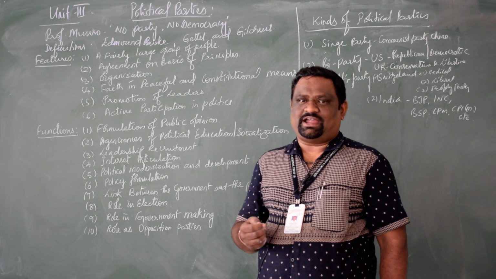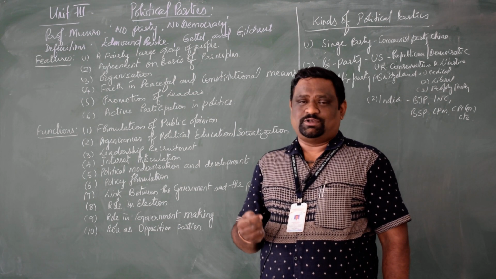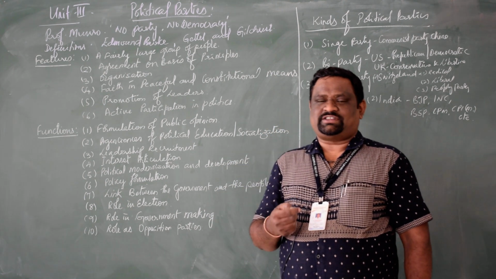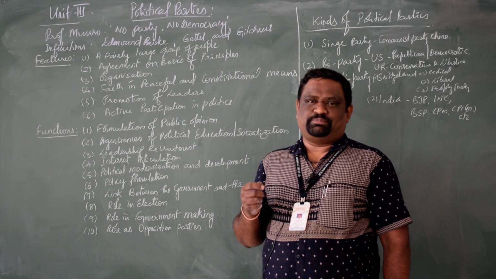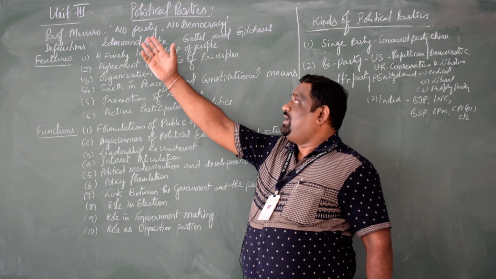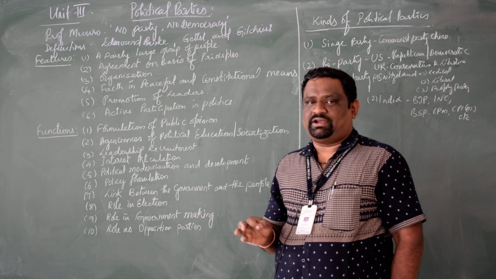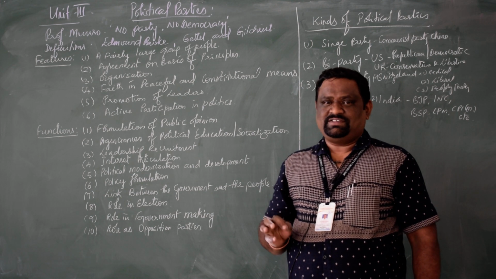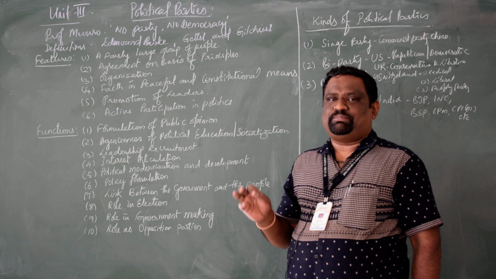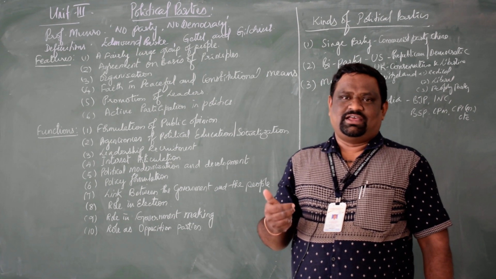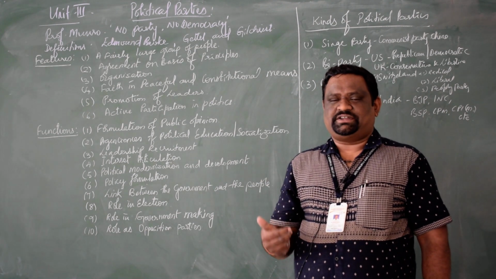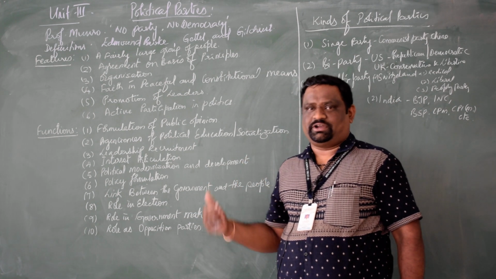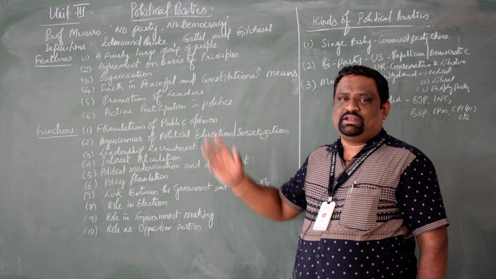Generally we know that a political party is a non-constitutional or extra-constitutional structure of the democratic system. See friends, Professor Munro has rightly given one definition of political parties, that is, no parties, no democracy. It means without political parties there is no chance to sustain or retain any democratic system. Every country should have political parties, whether single party, bi-party or multi-party system. That doesn't matter. The matter is that every democratic country should have political parties.